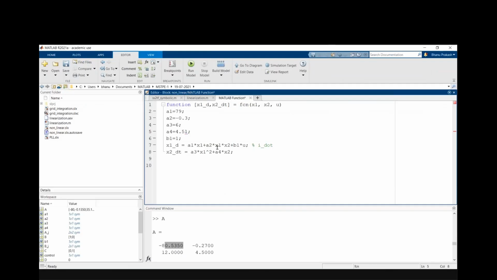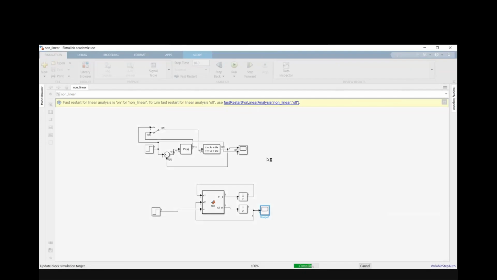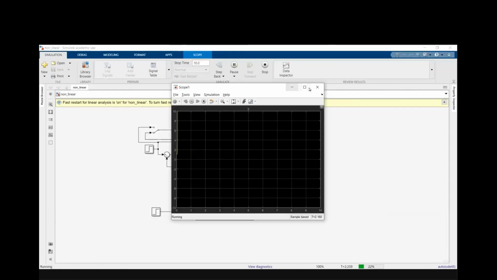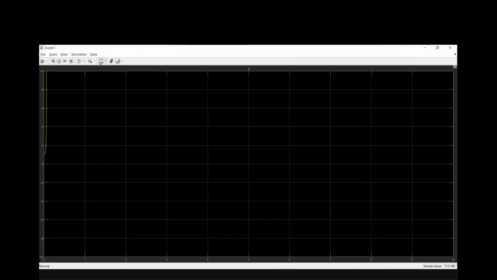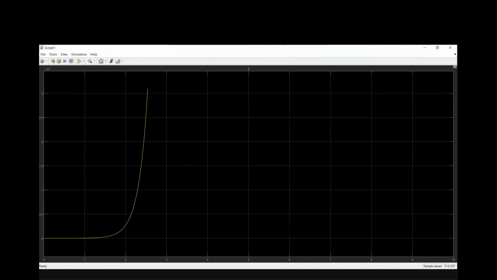What is the problem? It's correct only, no? So it's actually becoming unstable. And whatever the PI tuning that we have done,